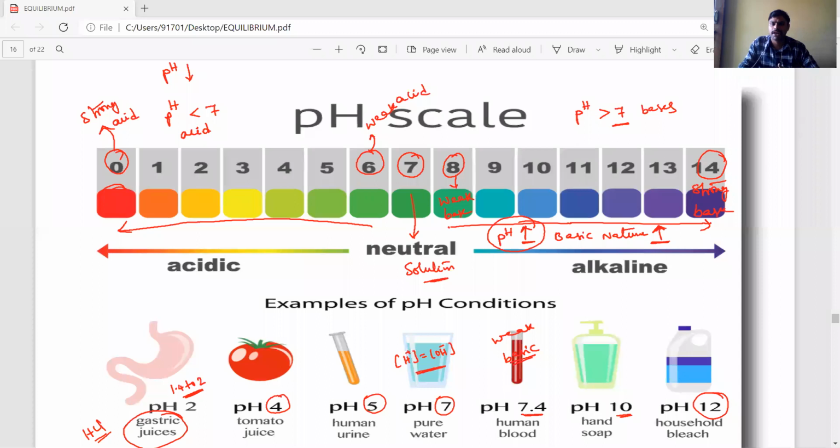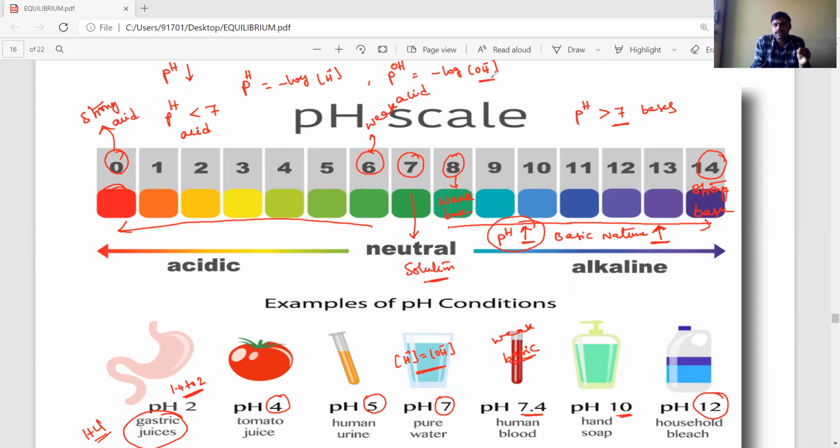So you have to remember the pH scale. Based on that only, you have to imagine carefully, and then all the points will come to your mind: the concept of acidic solutions and basic solutions. The acidic strength or basic strength is expressed in terms of the pH scale. So the pH formula is equal to negative logarithm of H plus ion concentration. In the same way for bases, OH minus ions are there: pOH is equal to minus log of OH minus ion concentration.